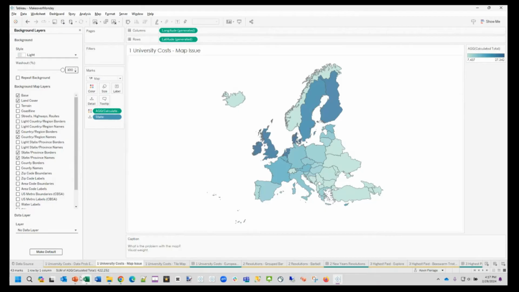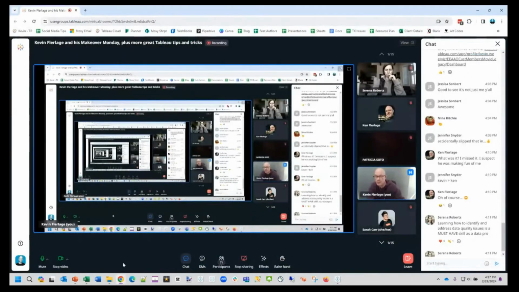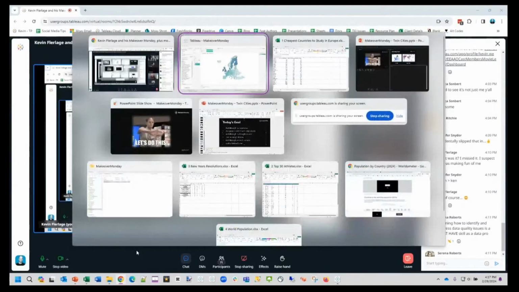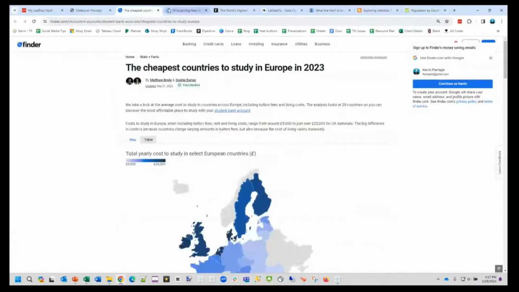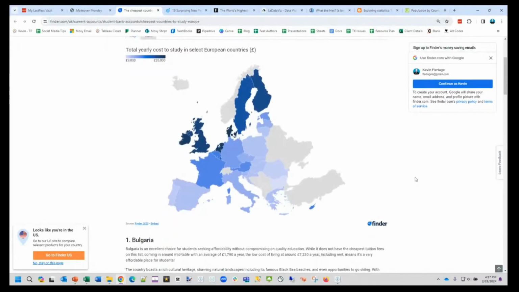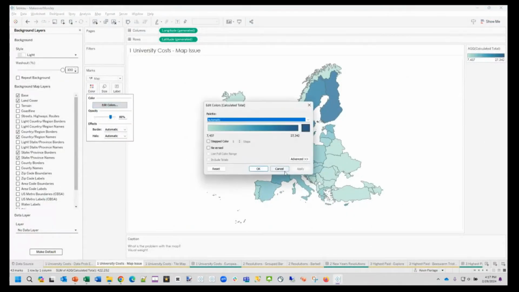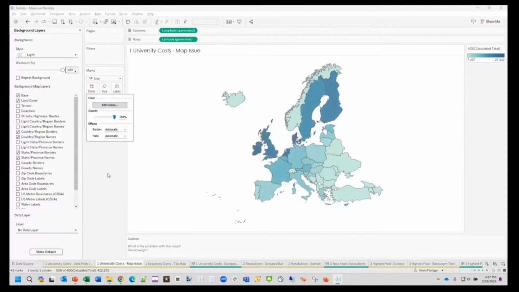I guess I should show the original. I have it up here somewhere. Oh, too many things open. So here is the original visualization that they shared. So it's just a map, right? It's just a map with this sort of scale here. So that's what I created. And I think maybe I'm going to make this, let me just get rid of the